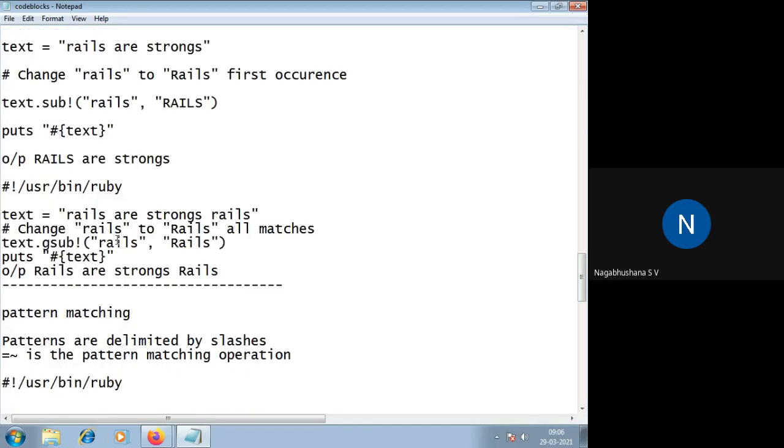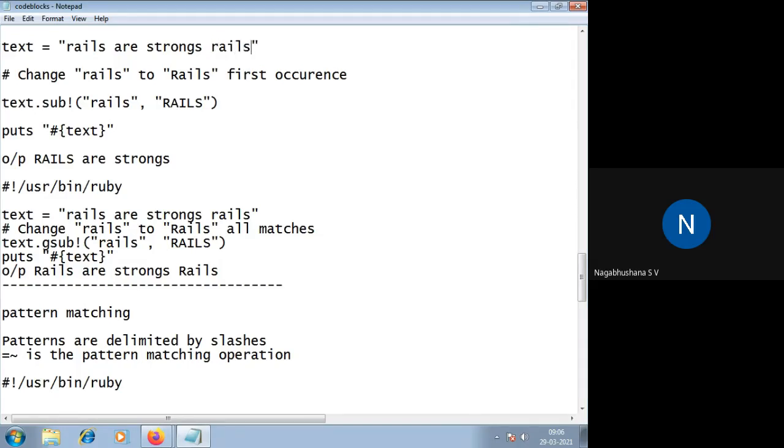But here if you see, the word rails is repeated twice. So even if you have rails here also, let me just write it.